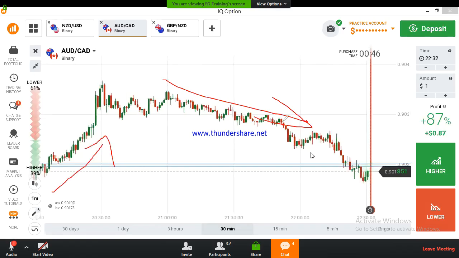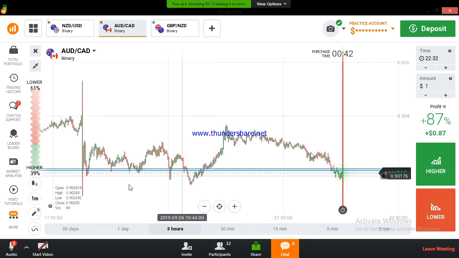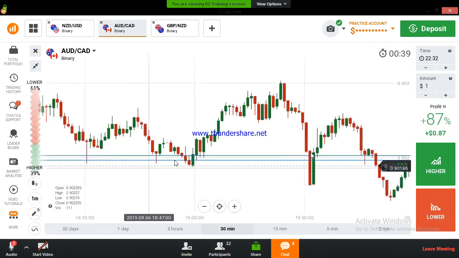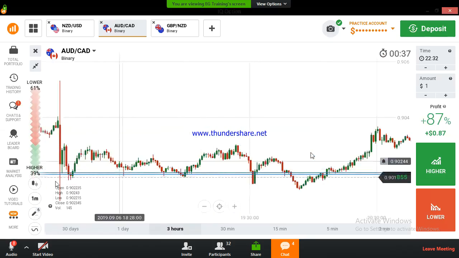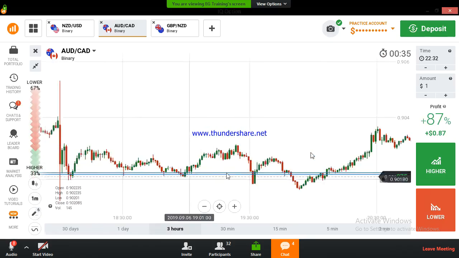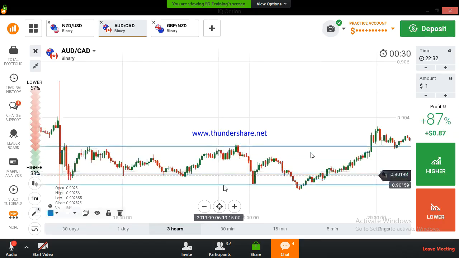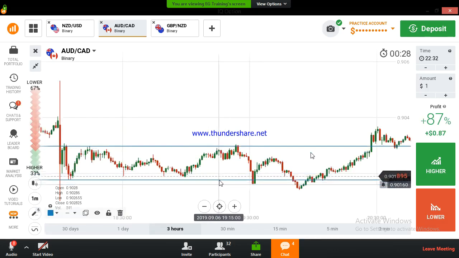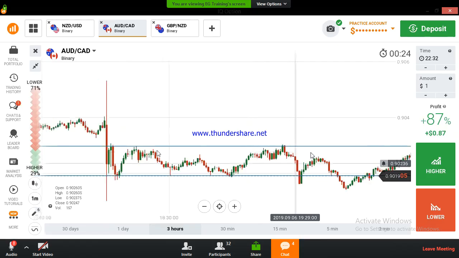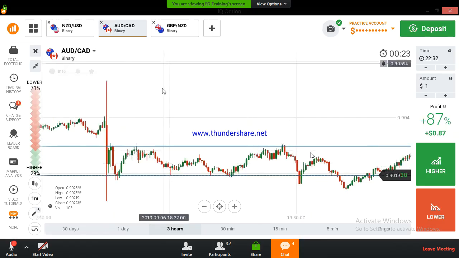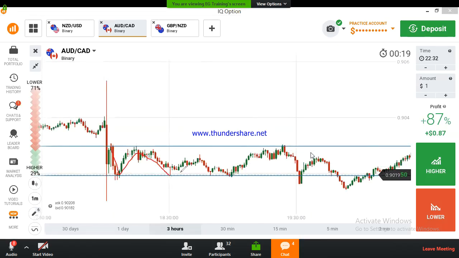This is an uptrend market. This is a downtrend market. And I will show you a range market here. My friend says if a candle breaks out of support and resistance, then it goes into a ranging and sideways market for some time. This is the range market. The market is moving in between these two levels, right? Finally, it broke the level.